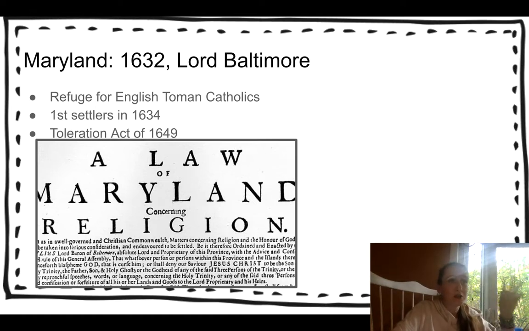Maryland was similar to Virginia in that people that went there often suffered from famine and disease in those early years. So here are some numbers for you. During this time, half of everyone born in Virginia and Maryland did not live past the age of 20. So like 50% of you would be having your final years right now, which is awful.